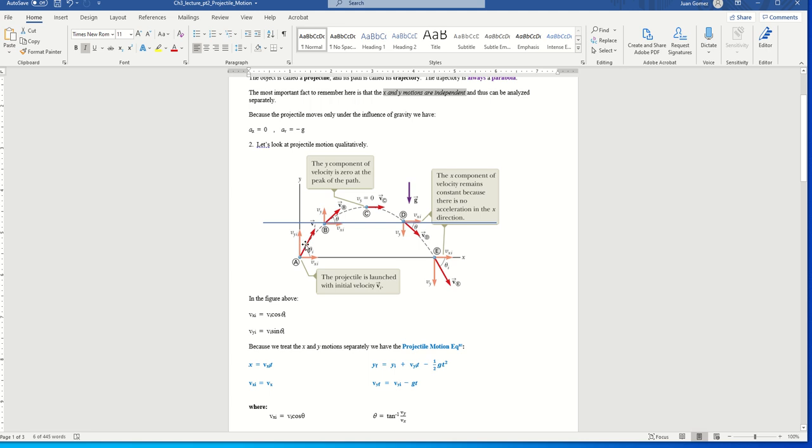See vy initial, then vy at point B is smaller. At point C, at the top of the trajectory, the y velocity is 0. Then at D, the y velocity is increasing in the negative sense. And then when it returns to the same height from which it was launched,